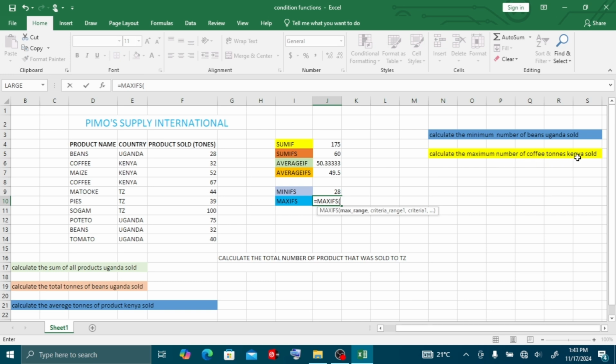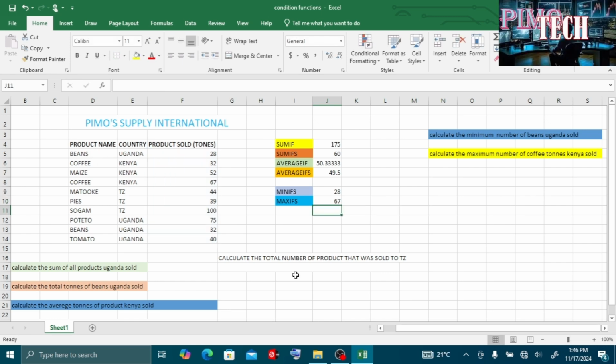We have coffee and Kenya as a country. So the max range is where the numbers are. It's the product sold. You put a comma there. It asks for the criteria in Excel.